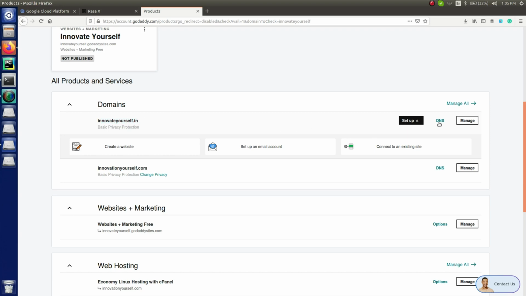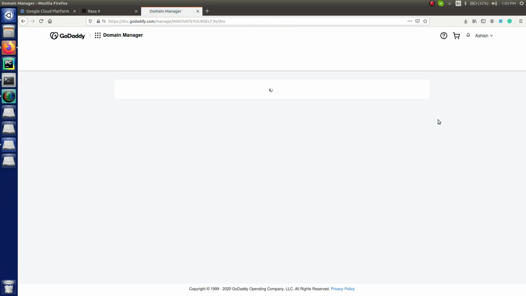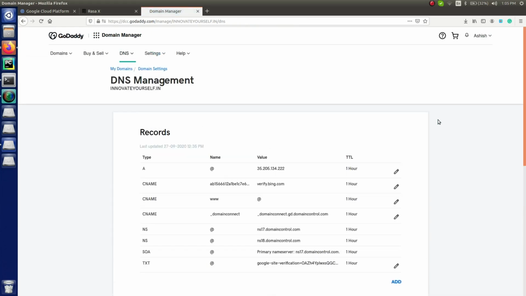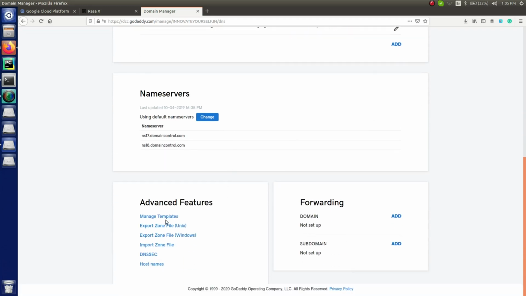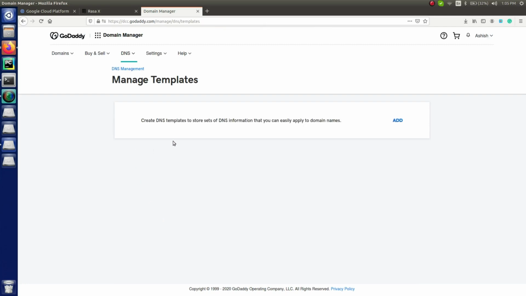So for that, just go in here, you can see an option with the name DNS. Just click on that. Alright, so here you can see everything is there, and at the bottom you will see an option advanced feature, and inside that you will get an option with the name manage templates. Just click on that, and in here you can see there is no template created yet. So it will ask you to create a DNS template to store a set of DNS information that you can easily apply to the domain names. Just click on add,